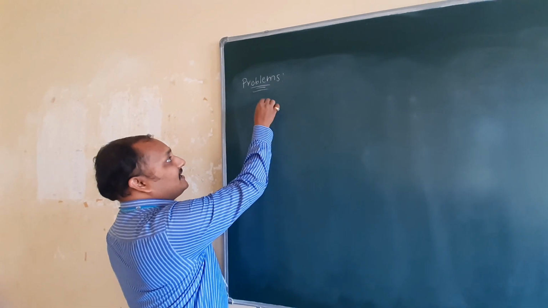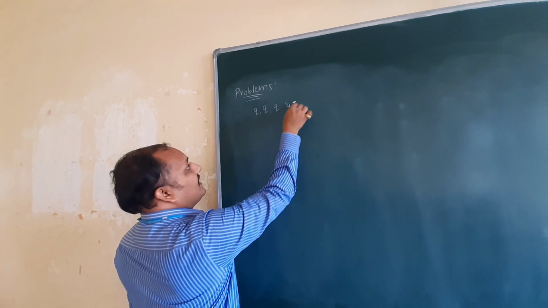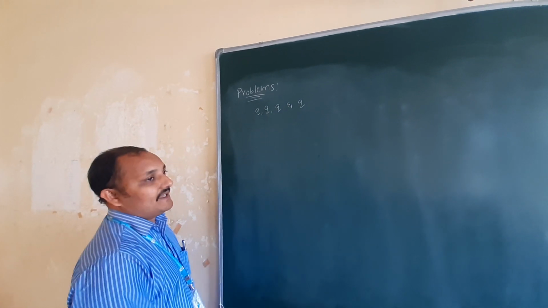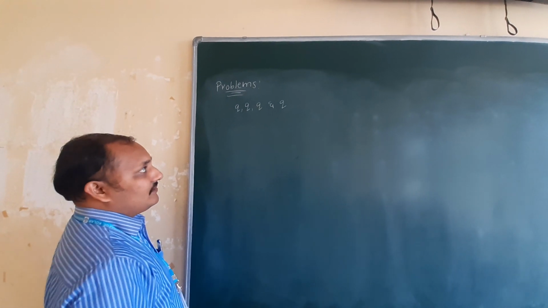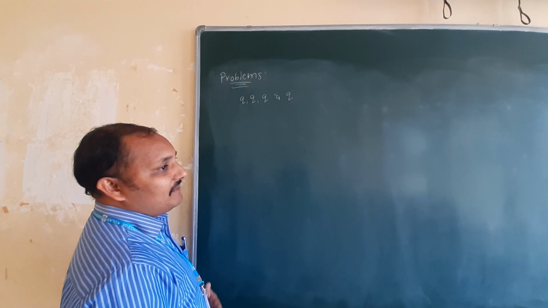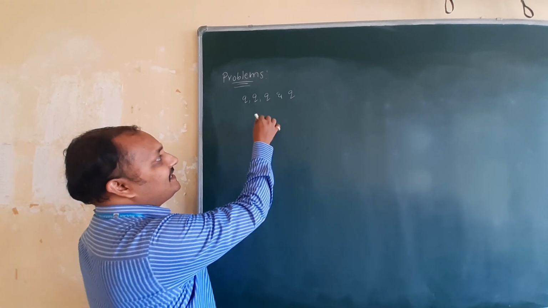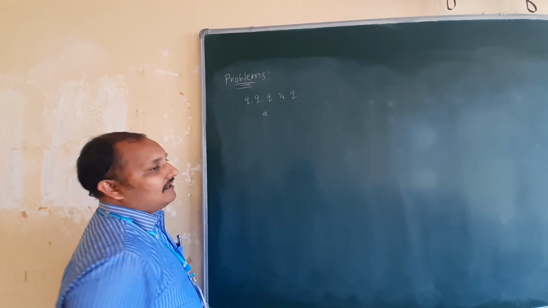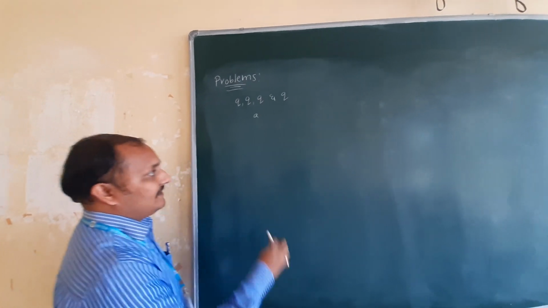Four charges means all charges are of equal magnitude, that is, all charges have the same magnitude, and they are placed at four corners of a square. Square means all sides will be equal, so each side you can take as length A. Either A or L, that is our X.